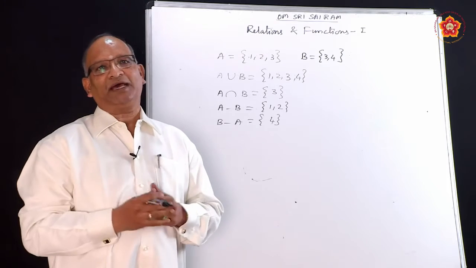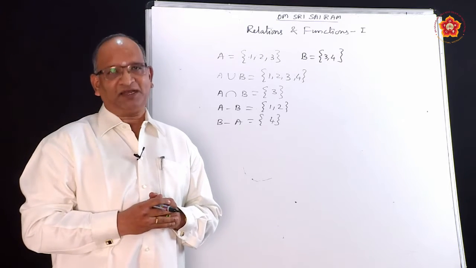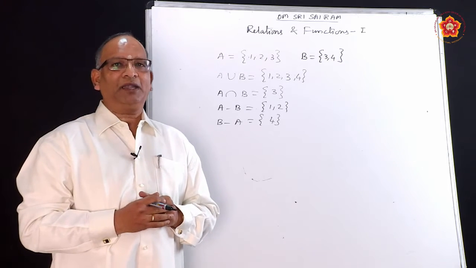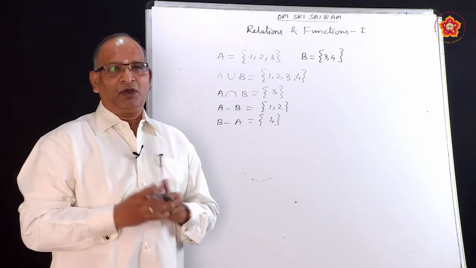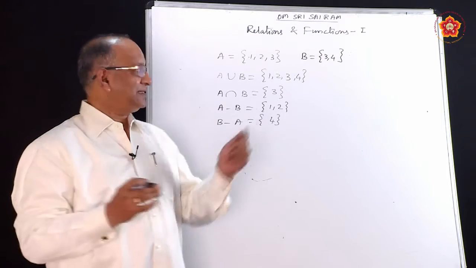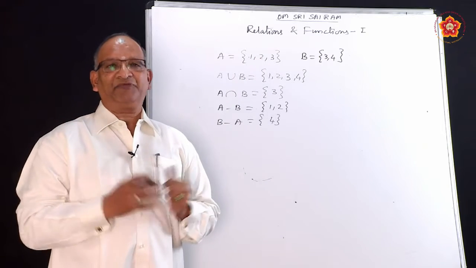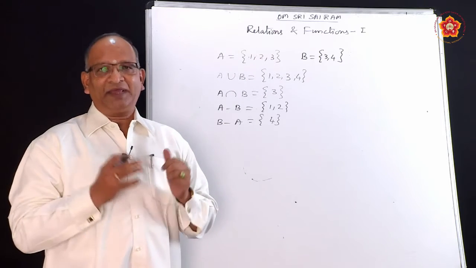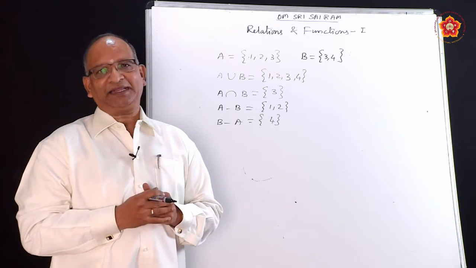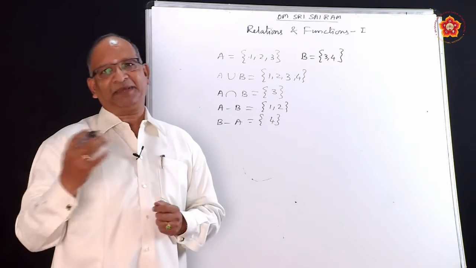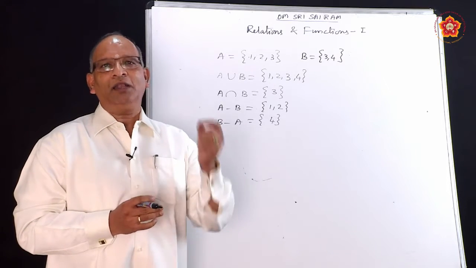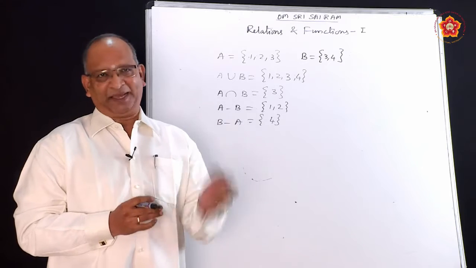And then we move to the next topic called relations and functions. And in relations, we begin with something called Cartesian product. What happens if you multiply two sets? Suppose A is a set and B is another set. If you multiply both of them, we get ordered pairs. So, how do we define Cartesian product? A is a set, B is another set, then A cross B is a set of all possible ordered pairs.